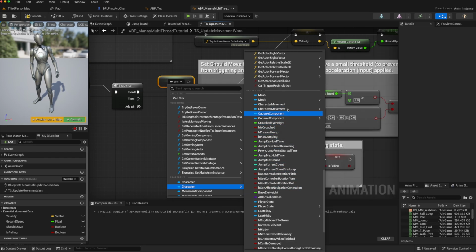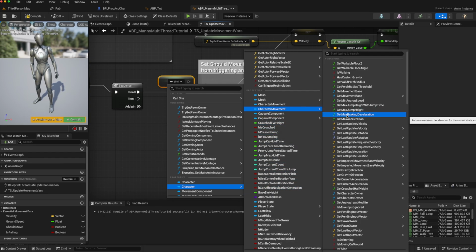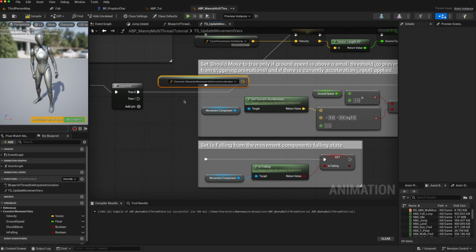So that's here. And from there, we should be able to find get current acceleration. And as you can see, you can get the current acceleration or you can get the individual properties. We want the get current acceleration. So this will get an access to the character reference, to its movement component, and call this function on it in a thread-safe manner. So we can then put that into here,